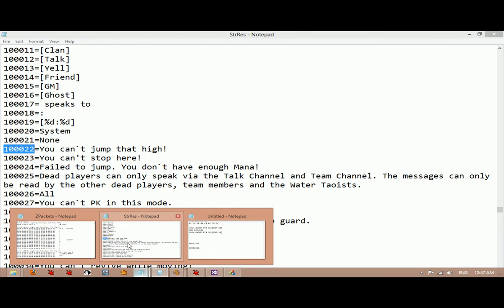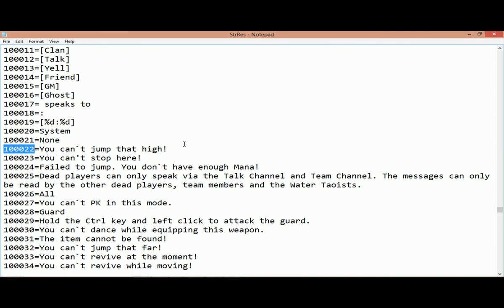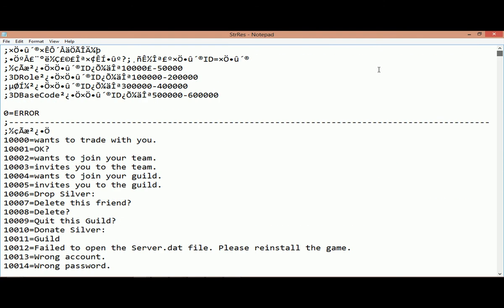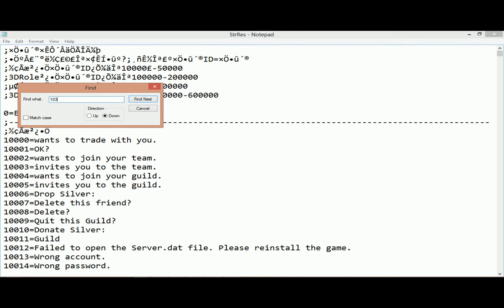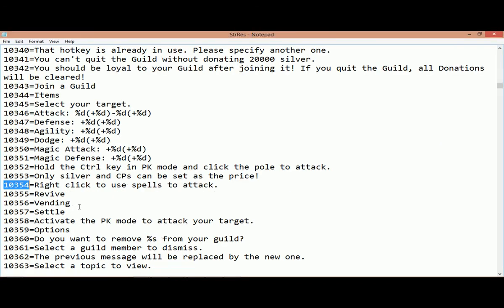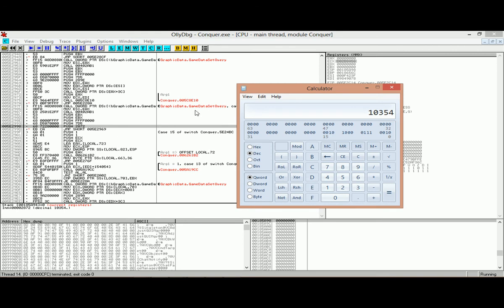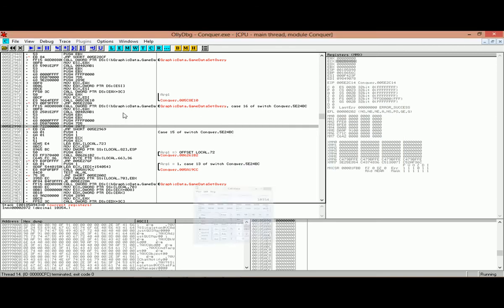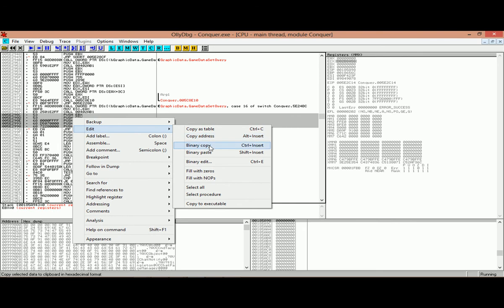If it's a message, so I'm going to go all the way up, find 10354, and hit find. Okay, it found that message. So it is a message, and that's the ID of that message. So this will hardly ever change. So I know that for now, and I can find the function in a different way. So what I can do is simply copy these instructions right here, 1, 2, 5 lines, edit, binary copy,